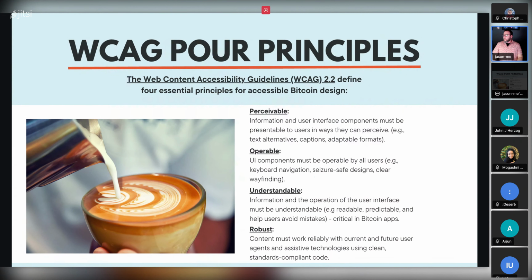Is it operable? Is the UI component operable by all users? So can you use it with a keyboard? Can you use it with a screen reader? Is it a seizure-safe design, meaning do you have a lot of flashing going on in your design that could cause a seizure? Those are things to look out for. And then also, clear wayfinding throughout your application, being able to know where you're at in a particular flow is